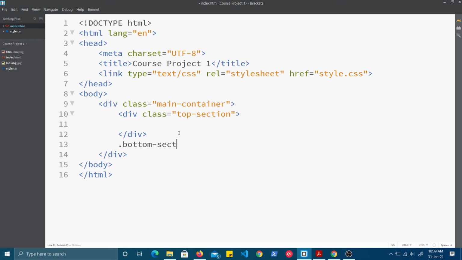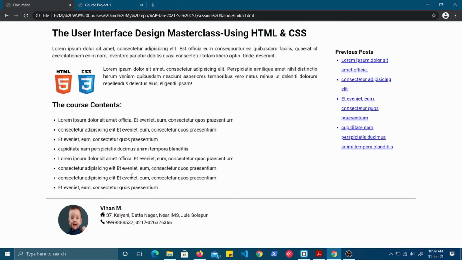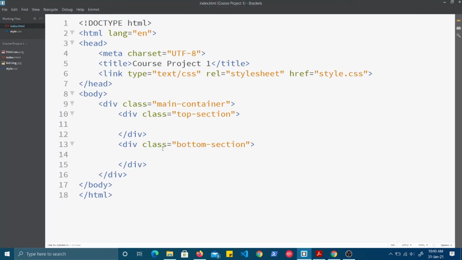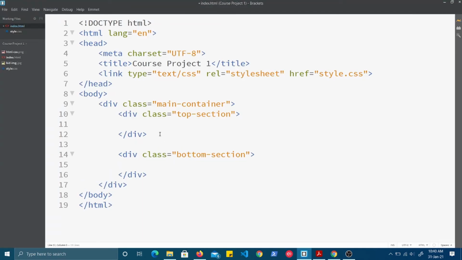So this is what we have created, the top section and the bottom section. In between them we have a horizontal line. What is the tag for the horizontal line? BR.